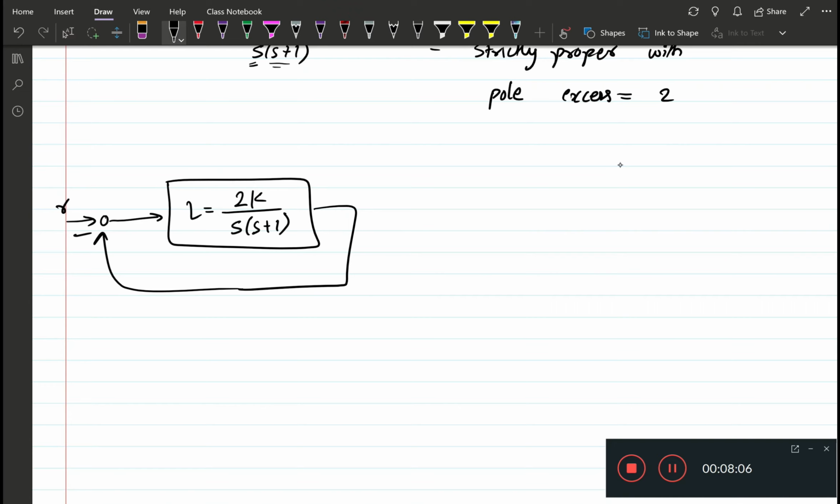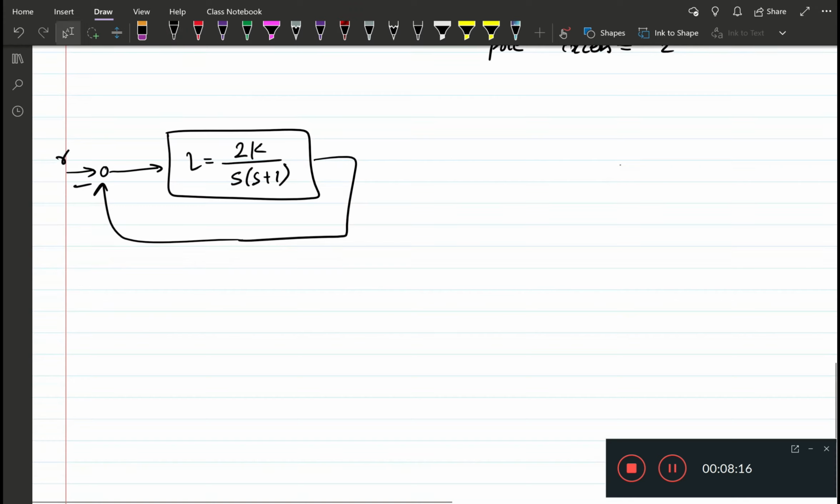Now before we look at the sensitivity and the complementary sensitivity, let's quickly use some tools from our earlier control courses and have some idea about what we might expect for this feedback loop. So what we have is 2k over s(s plus 1). So the closed loop system,